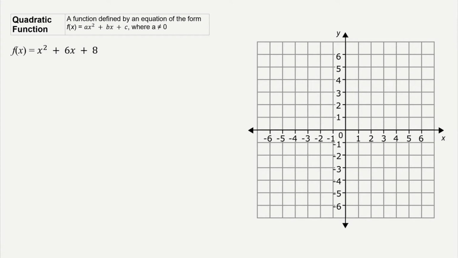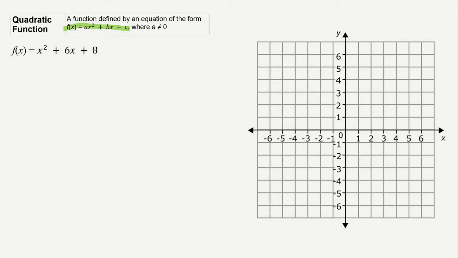Hey guys, today I want to talk about quadratic functions. Quadratic functions are any polynomial where the highest exponent is a 2. So you have x squared terms. When you talk about quadratic functions, you have this general form given here, f of x equals ax squared plus